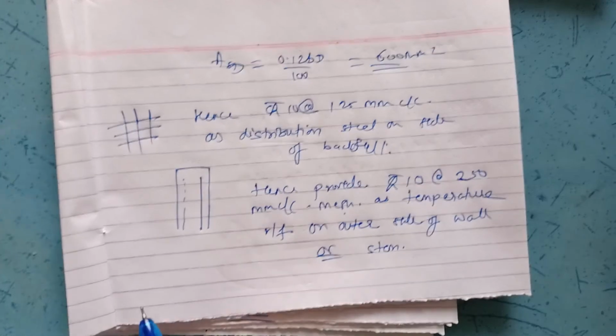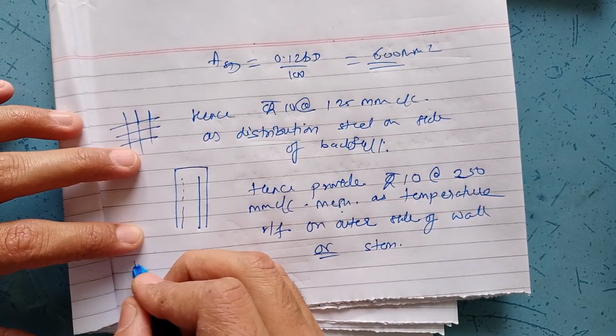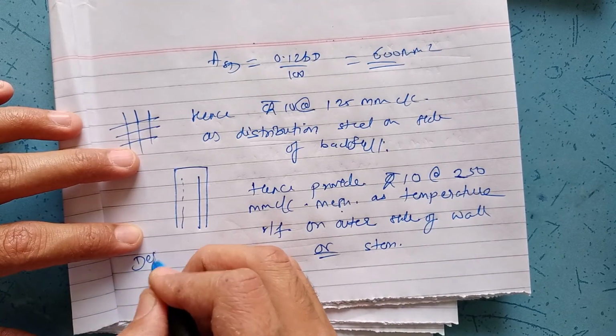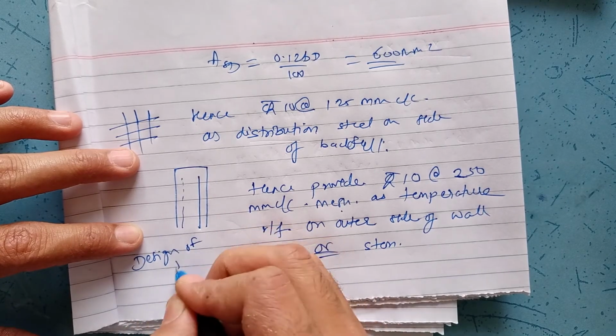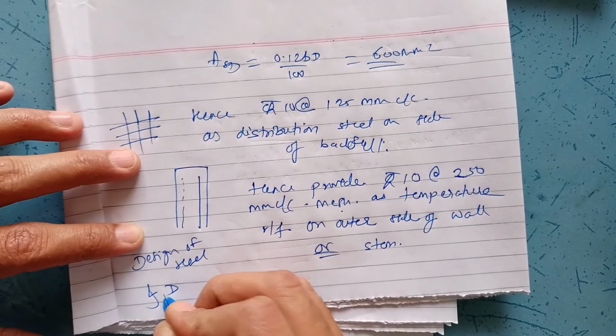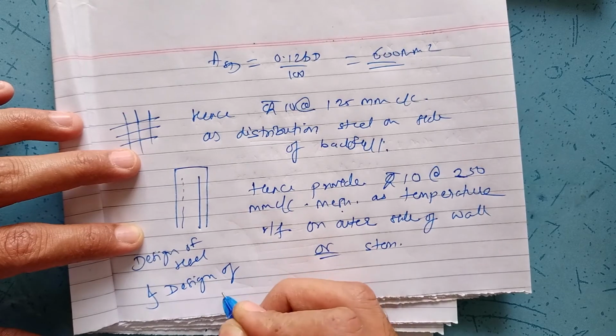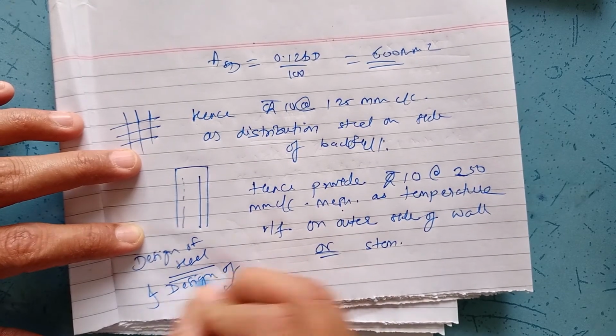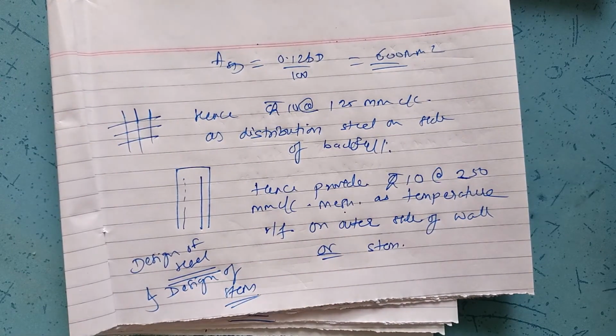Now in this way we have calculated the steel for heel and stem, depending upon the moment calculation and the upward forces acting. For any doubts you can go through the notes. The link for the notes is provided in the description box, or you can comment your queries.